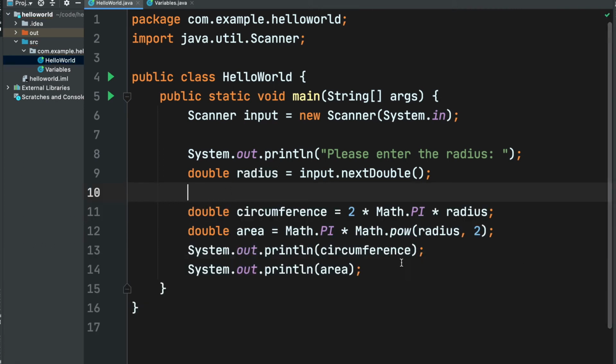All right, so let's review what we have done here. The first change that we need to make is first we need to import this line, import java.util.Scanner, and the next line after the main function we need to write a Scanner space input. This is a variable name, you can choose any name, but you should choose a meaningful variable name. Here I choose input and it's equal to a Scanner